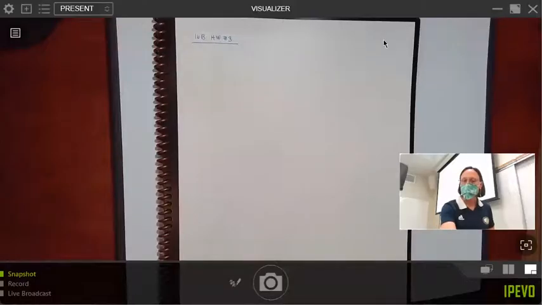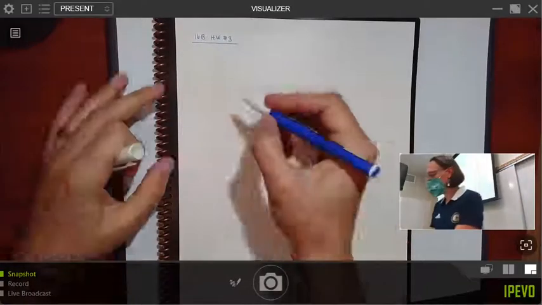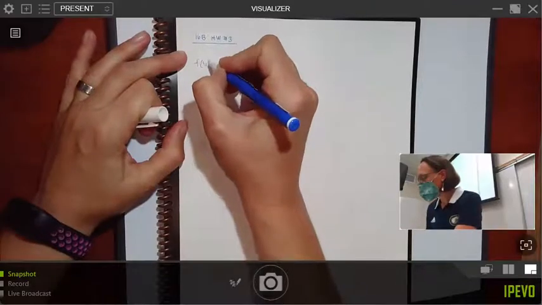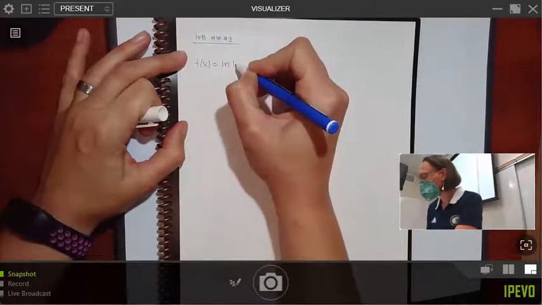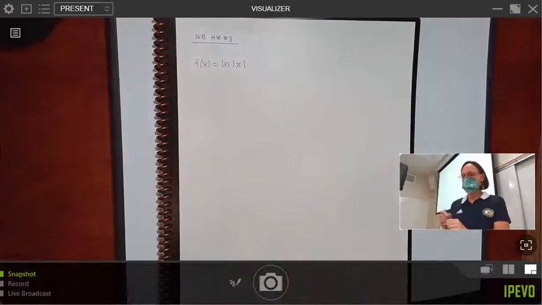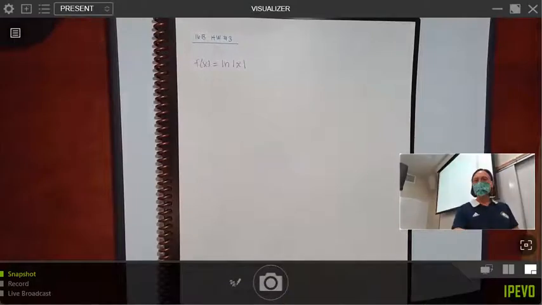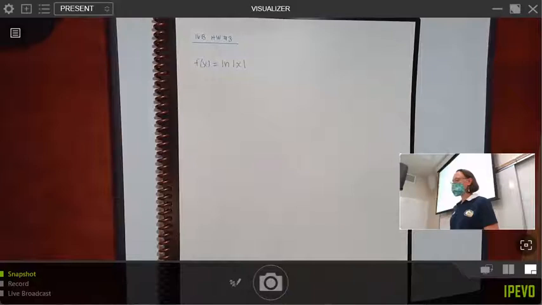that the domain would mean that we could only put in positive numbers. But what that problem is saying, by taking the absolute value, is we're actually expanding that out. So if my function is the natural log, I got the absolute value in the right place, right? Okay, so if my function is natural log of absolute value of x, then